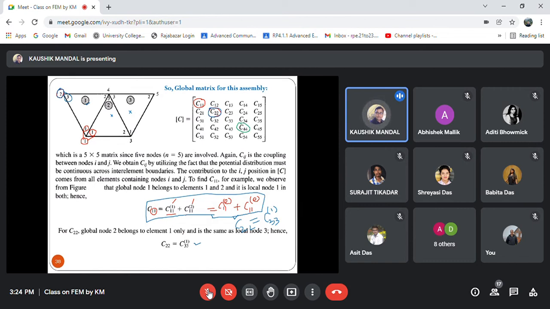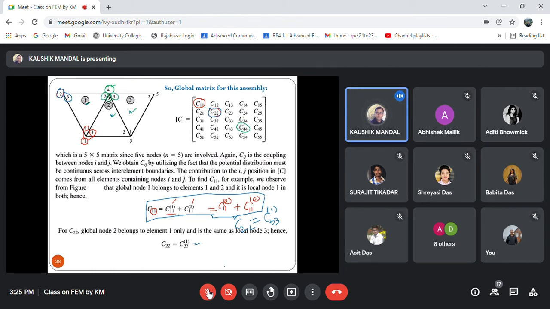that means we have to identify this fourth node as per the global numbering. As per the global numbering, this is the fourth node, and this fourth node, you see, it is associated with all elements: element 1, element 2, and element 3. Then you determine which node of the corresponding elements are directly connected with 4. Node 2 of 1, node 3 of 2, and node 3 of 3 are connected with the global node 4.